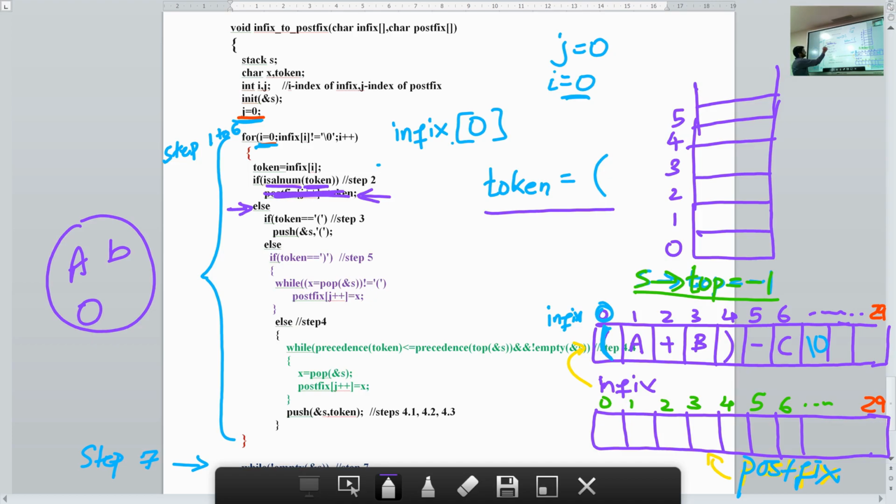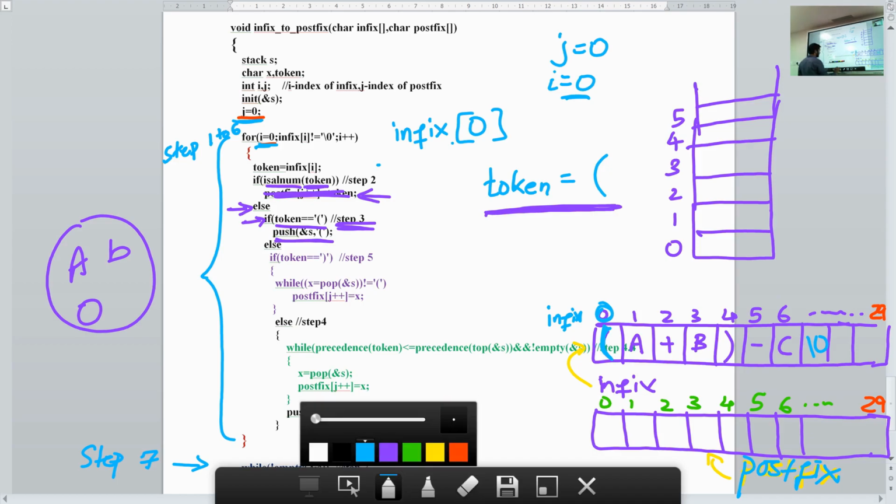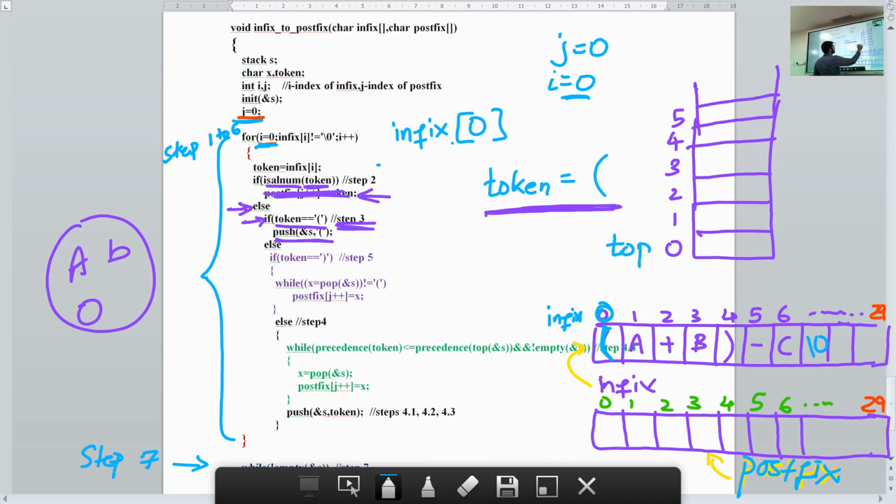So when we come to the else, we execute this if statement. Is the token an opening parenthesis? Yes, token is an opening parenthesis. So what we do with the opening parenthesis? According to the step three, we push the opening parenthesis on the stack. When we push it on the stack, we increment the top value. Top will be equal to 0, and we push the opening parenthesis on the stack.